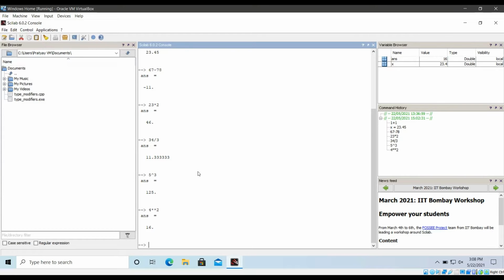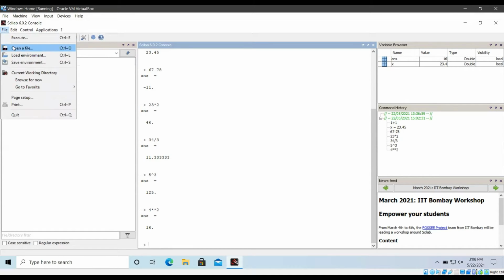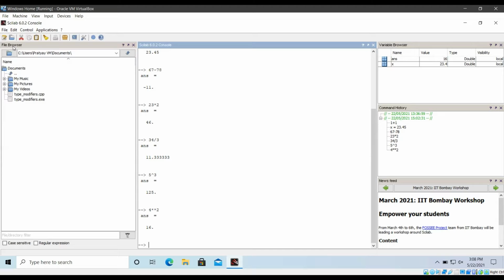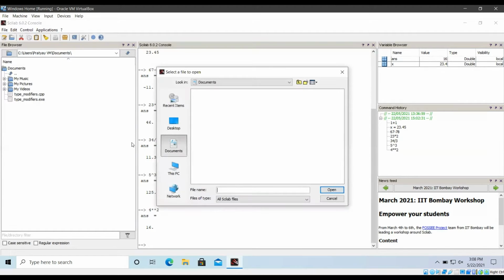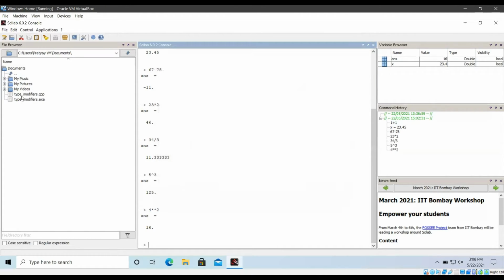I'm pretty sure you have understood the concept of console here. So I'm quickly jumping upon the file concept here. For creating a file, all you have to do here is click here, file, and then let's go with open a file. So you can select your directory from which you are creating a file. Suppose I'm first creating a file here.